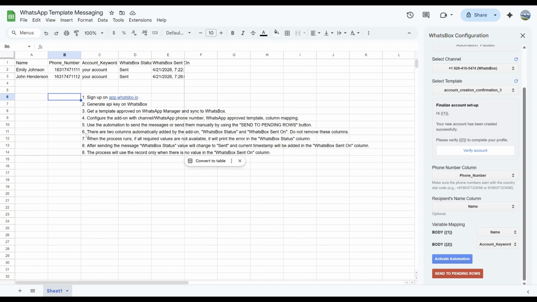First, you should sign up on app.whatsbox.io. Second, you generate the API key on WhatsBox. You get a template approved on WhatsApp Manager and then sync it to WhatsBox, as you'll see during the configuration. Next step is to configure the add-on with channels, which are the WhatsApp phone number, the WhatsApp approved template, and the column mapping. Next step is to use the automation to send the messages, or send them manually by using the send to pending